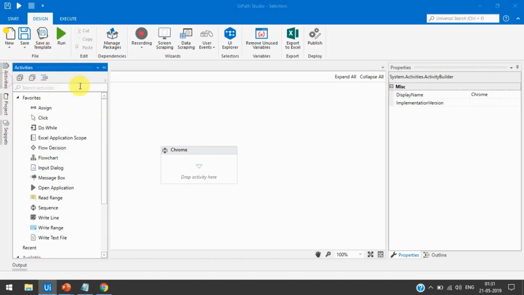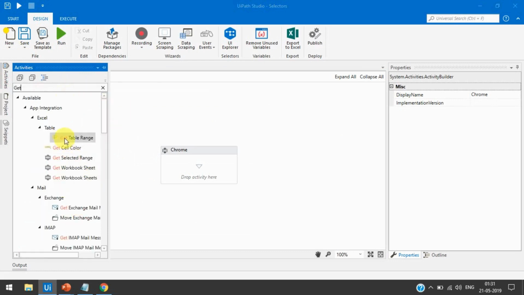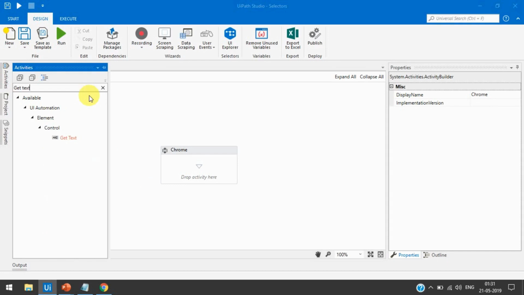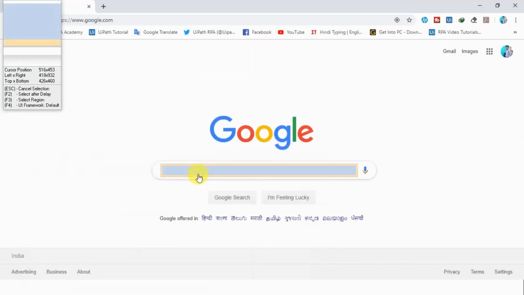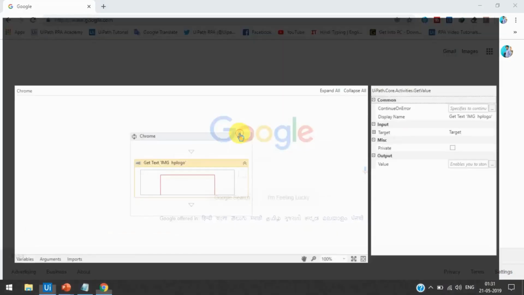We'll take one activity to get the Google text here. Get Text: drag and drop, click on this and just select this.